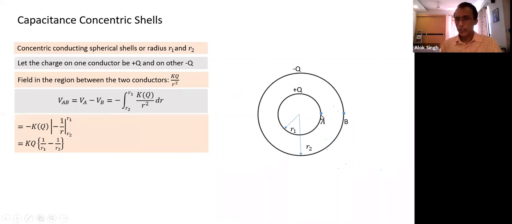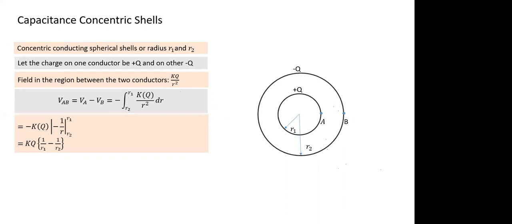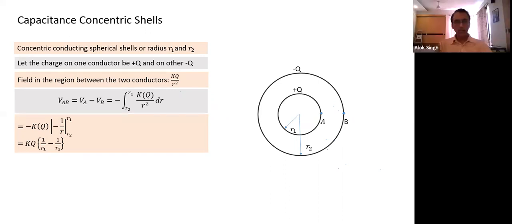How do we calculate potential here? Potential is here due to outer shell and inner shell. In case of outer shell, I'll take the radius R2. In case of inner shell, I'll take the radius R1. That way also we could have calculated. So what we find, potential difference is KQ (1 by R1 minus 1 by R2). So KQ 1 by a smaller radius, inner shell radius, minus 1 by outer shell radius. But this has V.